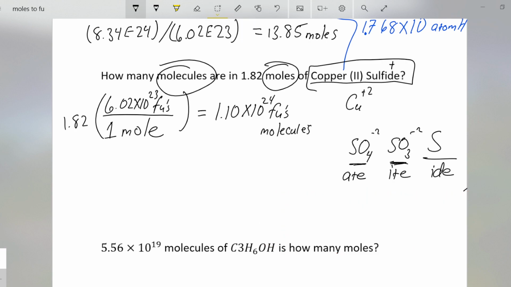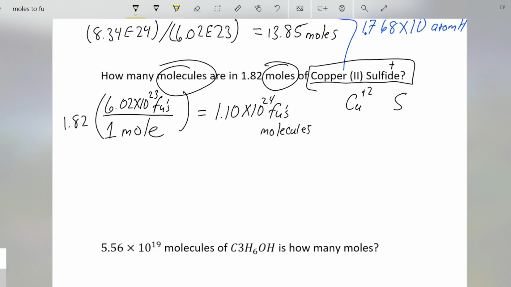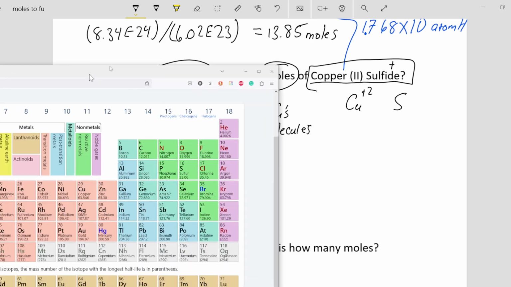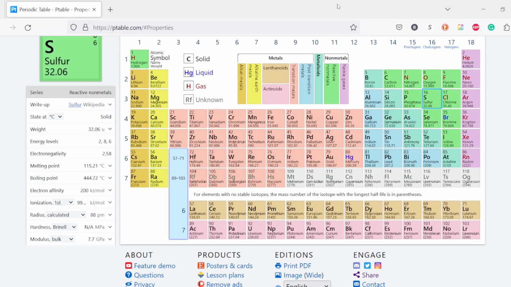So here we have this sulfide, and that should tell us that it's not going to be a polyatomic ion because it has that D in the name. It's going to be just the S, sulfur. So my S goes here, and I need to know what is the charge on sulfur. So if I go to my periodic table and I look at it, I can pull one up. If I look at my periodic table, sorry for all the jumping around, I see sulfur is right here